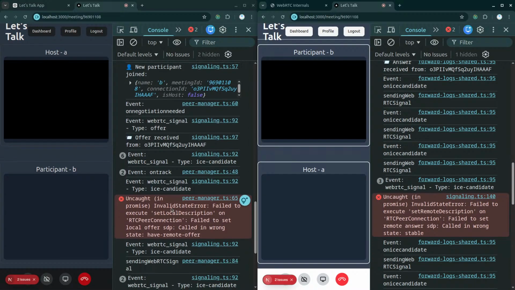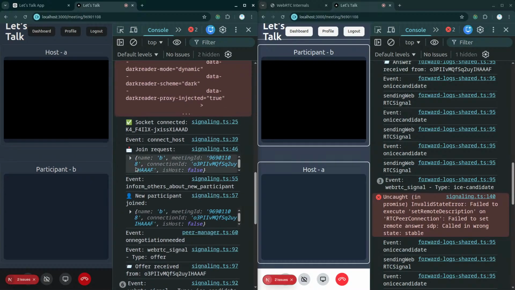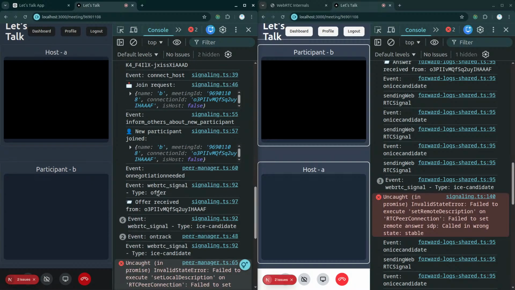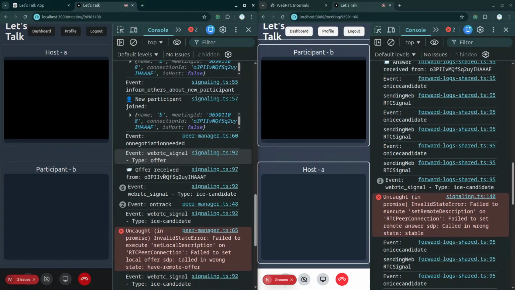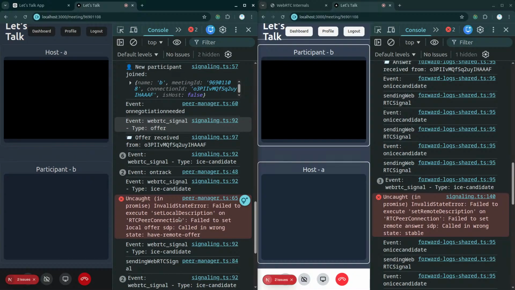So the first error is: invalid, failed to set local description on RTCPeerConnection. First of all, what is happening here? Okay, over here, first of all, I got the offer. That simply means I got the offer from this side. Offer received. As soon as the offer is received, I set the offer as remote description. And once that is done, then